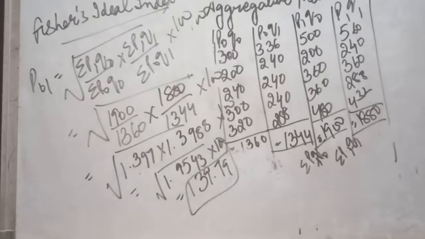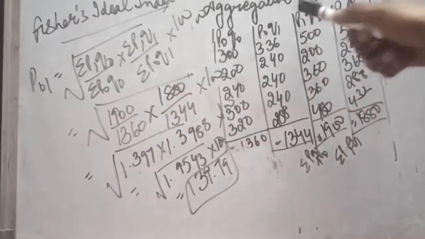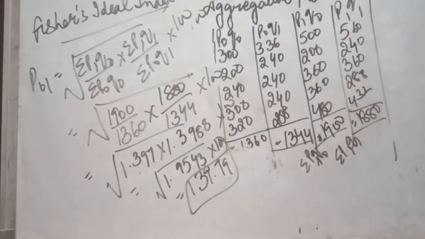So like this you can calculate the values for all the formulas. If we have to apply the Walsh index, then according to the Walsh index we first multiply Q0 and Q1 and take their square root. Then that is multiplied by P1 once and then P0 again, and then you can put in the values. So like this, for any formula, all the values can be calculated, and finally you can put in the values.